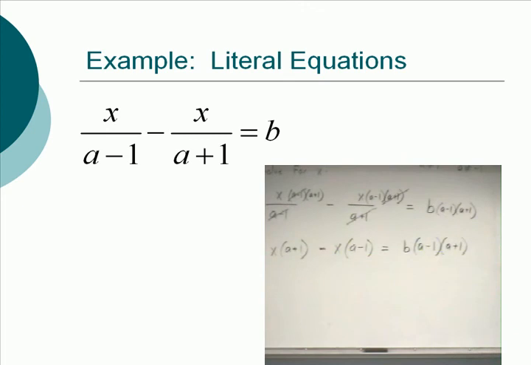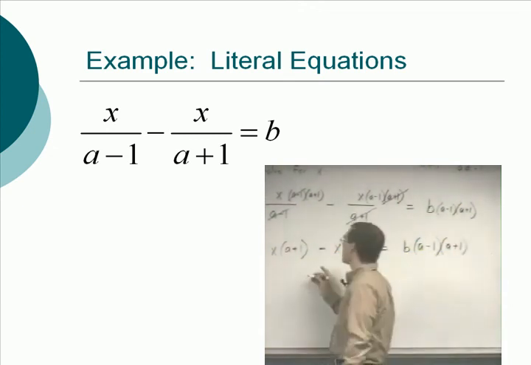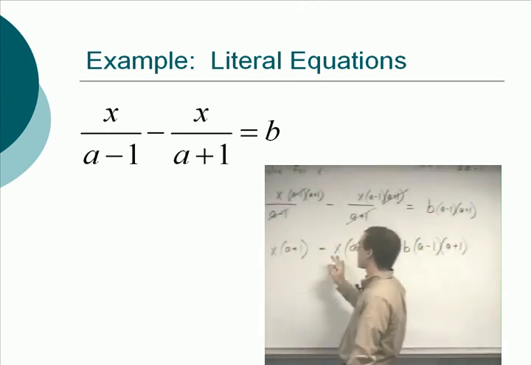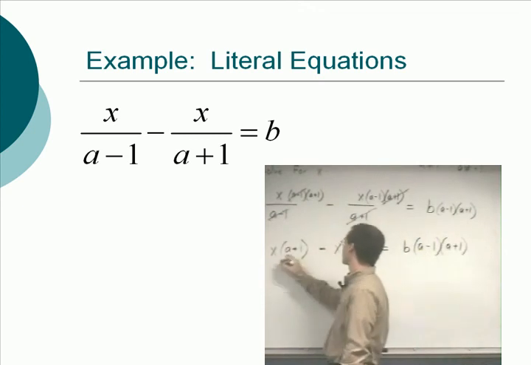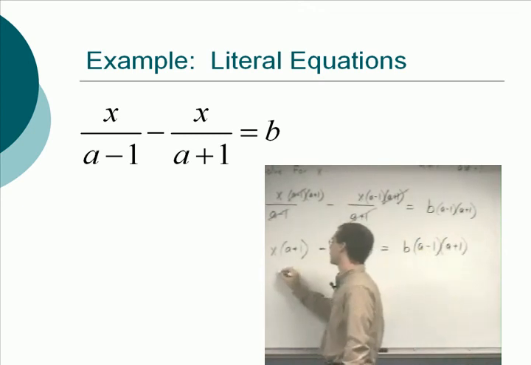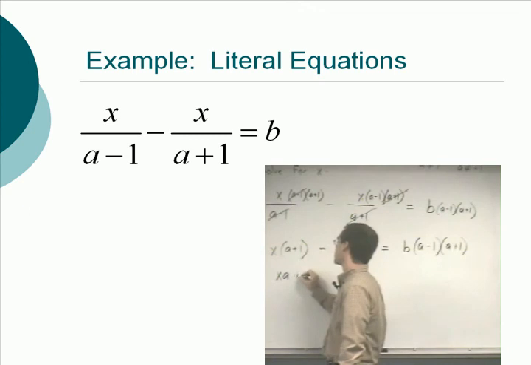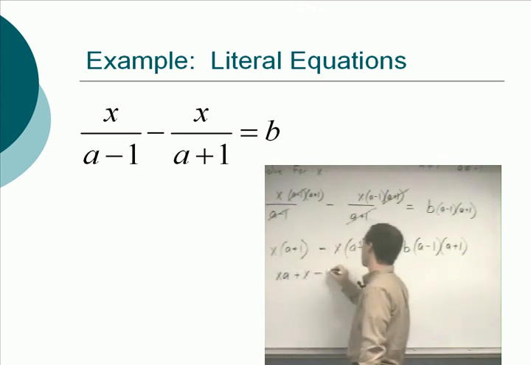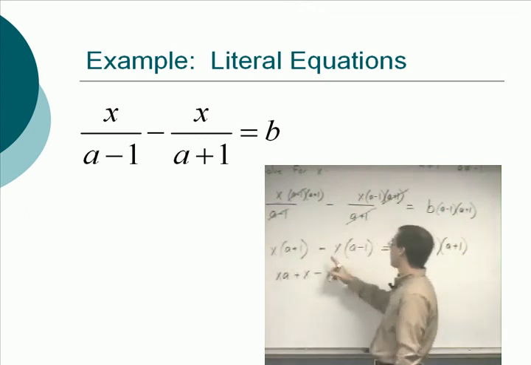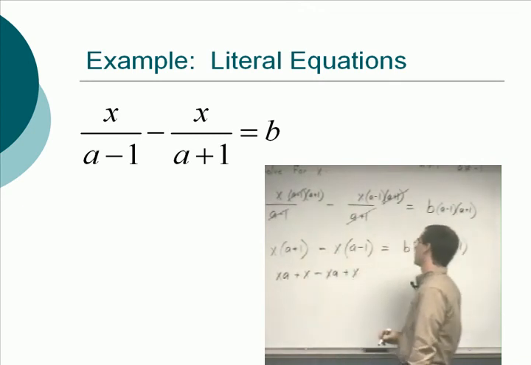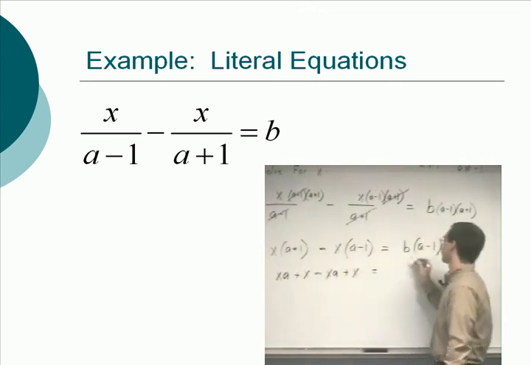Okay, remember we're solving for X, so now what do we need to do? Yep. Distribute it out, multiply those X's. So we could ultimately factor out X, but that would be a more confusing way. Let's just distribute our X's in. So this becomes XA plus X minus XA plus X equals